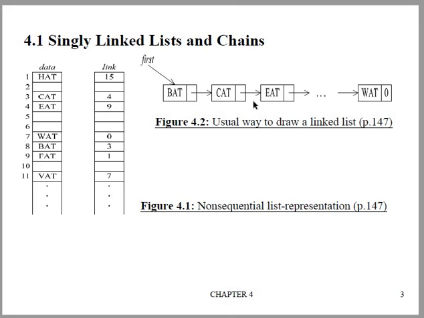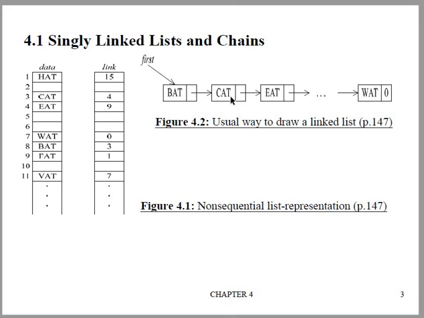Then here we have the linked list. A linked list consists of nodes. A node consists of the data and the link. Each and every node consists of data and the link. Data may be an integer or floating point data, or a string, or a single character, or a structure, or anything it may be. And the link will be pointing to the next node in the linked list.